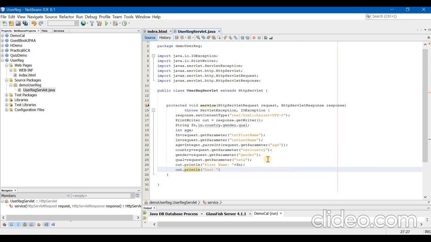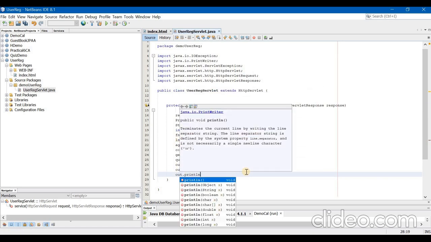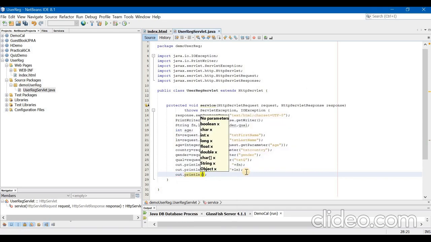Last name, plus ln. See, why am I using fn and ln? Because those are the variables that we have declared over here. So out.println, what will I print now? I am printing the age. So I am writing age is